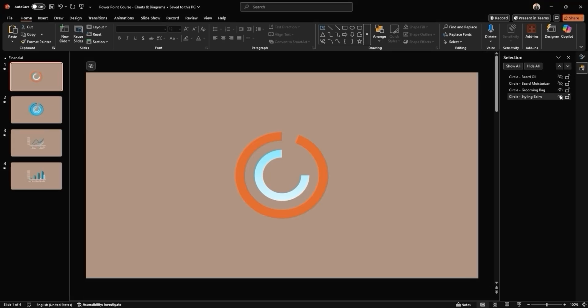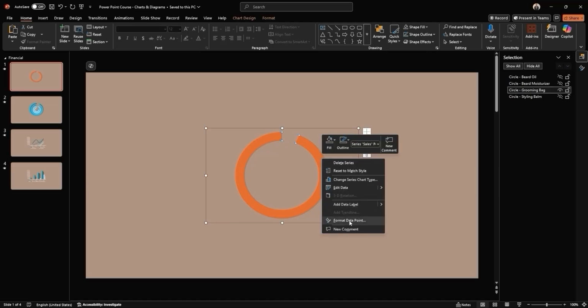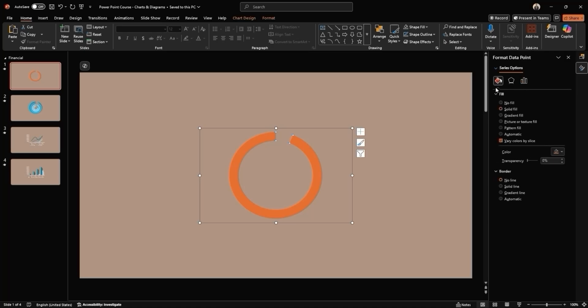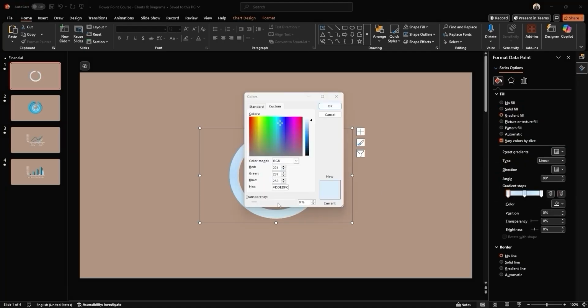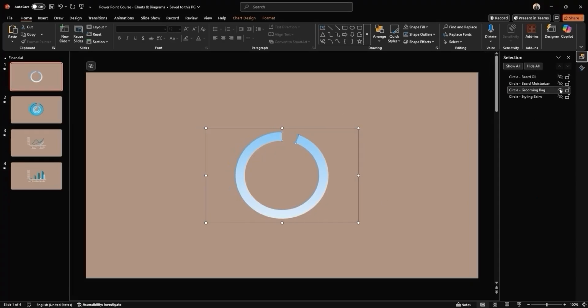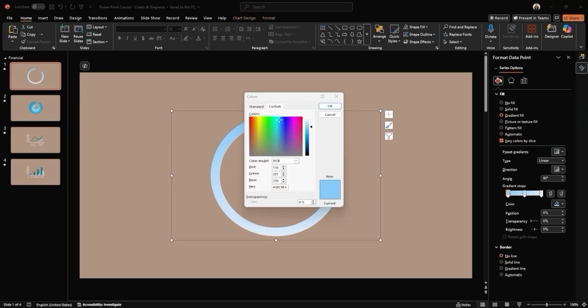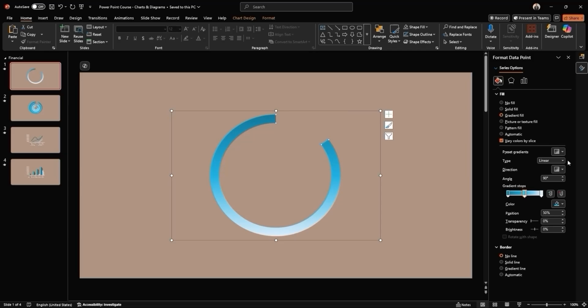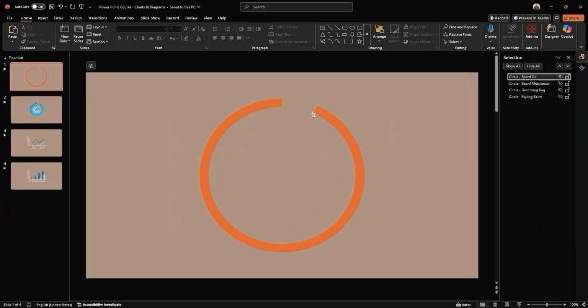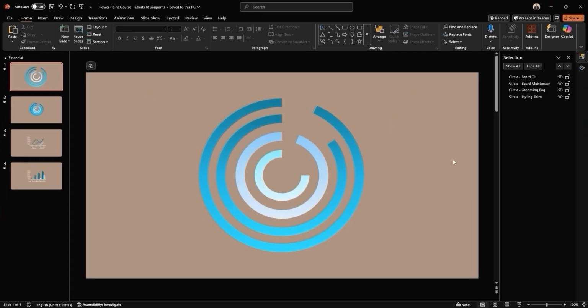What's more important is that you experiment with gradient fills and get a feel for how they transition and blend. Try adjusting the positioning of the gradient stops, tweaking the transparency, or playing with different color combinations. Just have fun with it. Keep adjusting until you find something that visually pops and fits your style. Once you're happy with your gradient colors, let's move forward. Create a new slide.